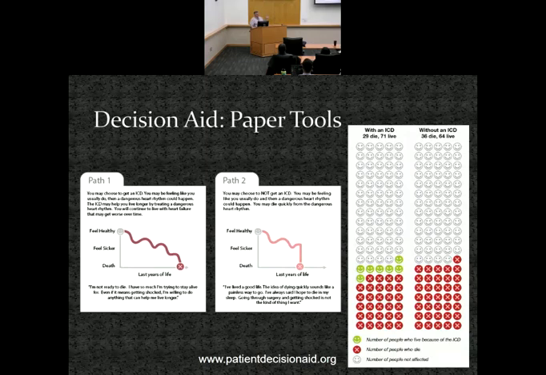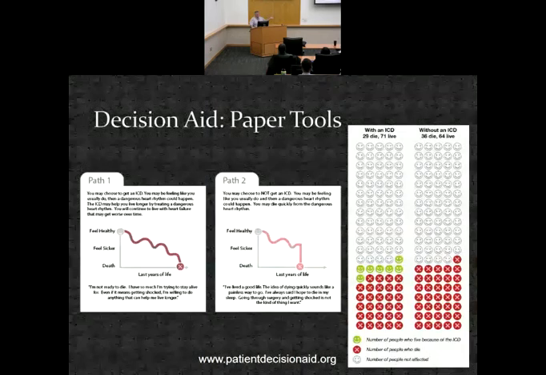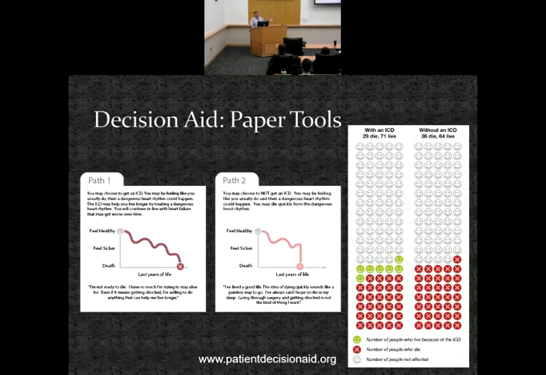And even if you don't make an icon array, they've also done research that people are much more likely to understand a natural frequency. So I try to do that in clinic. Instead of saying a percentage, I say, oh, about 5 out of 100 people who take a cholesterol medicine will get muscle aches, instead of saying 5%. Because people are more likely to understand 5 out of 100. Okay, that's not a huge risk.